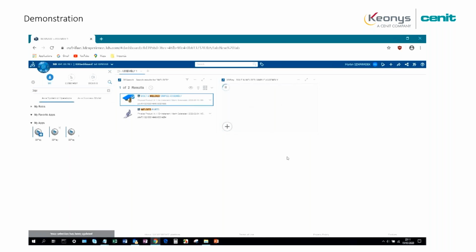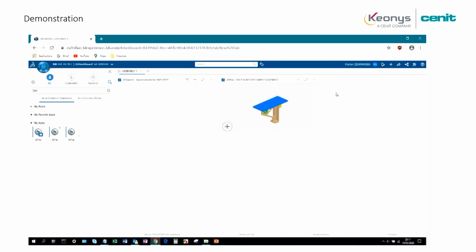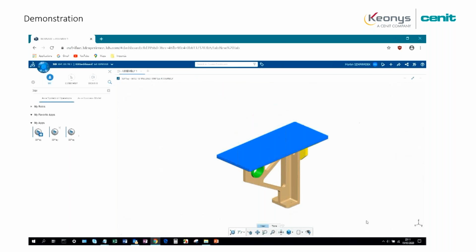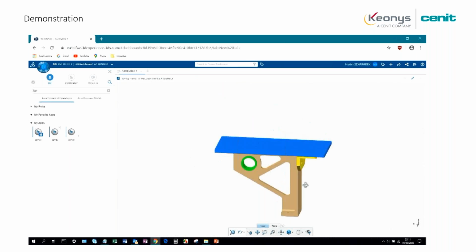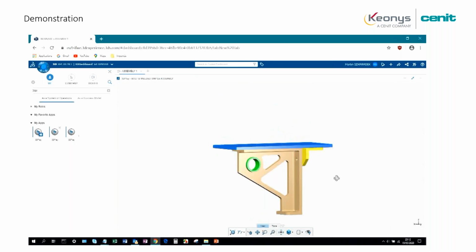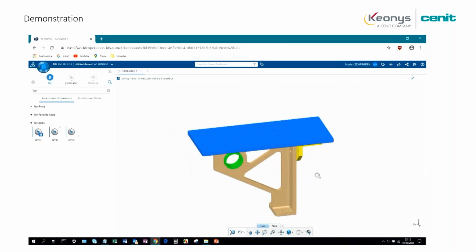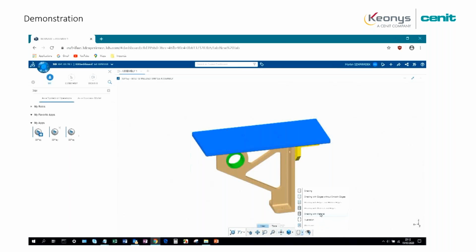So you can do this either on a very small laptop or a not powerful laptop. You can also do it on a tablet or on your cell phone, and it's just a web application. You download all the information of the CAD. You can have a look and change the visualization of the part.